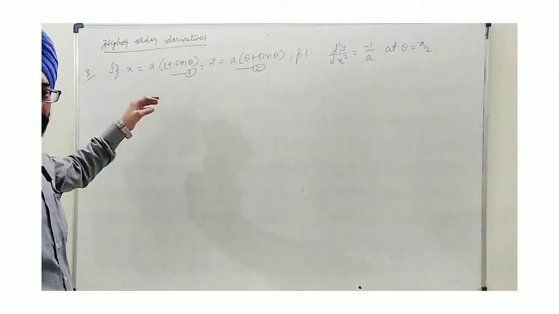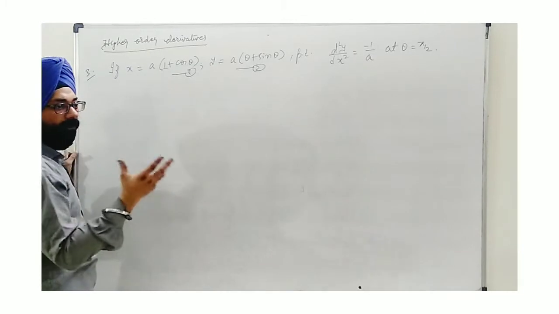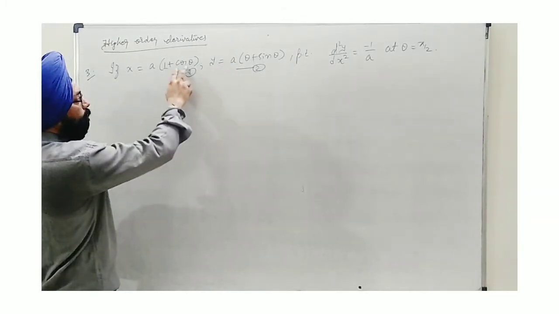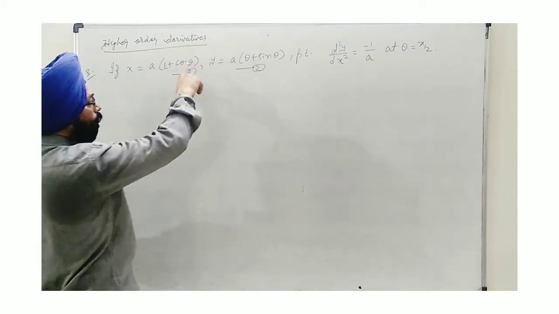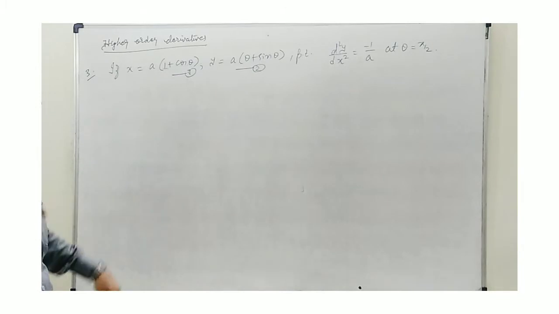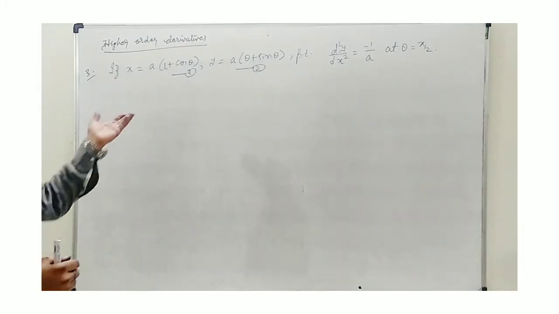Now, let me tell you how to find it. A, you can see, is given in the form of a coefficient. No function is assigned to it. Also, theta is given with sin and cos in both of them. Obviously, this is the function, so that is a part of the function. That's why the variable theta will be the parameter here.